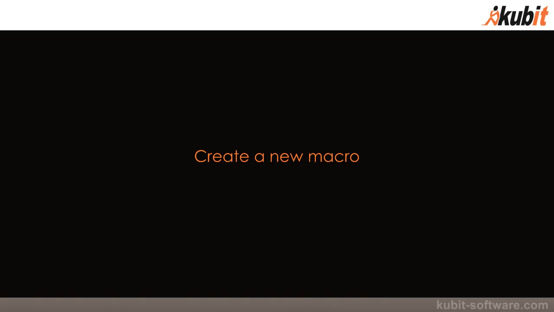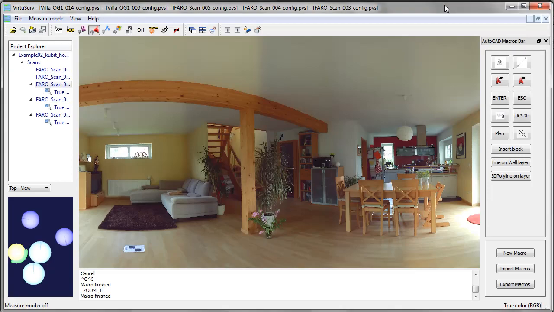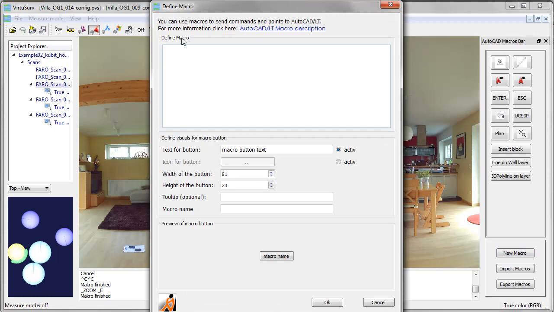After you've shown how you can edit a macro, we like to demonstrate how you can create your own macro in VirtuSurv. To do so, hit the new macro button. You see we have an empty macro in the assistant. You can type in a text for the button, and we like to create a macro for drawing circles with VirtuSurv. So the text on the button is a circle, and we like to draw it with 3 points on the circle's circumference. We copy the text for the button for macro name, and we enter a tooltip, draw circle